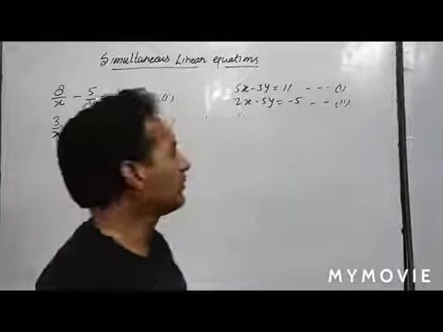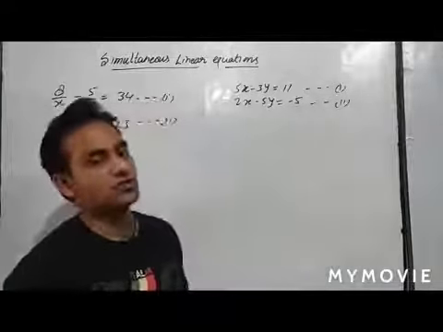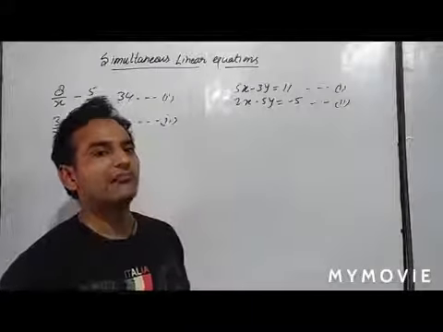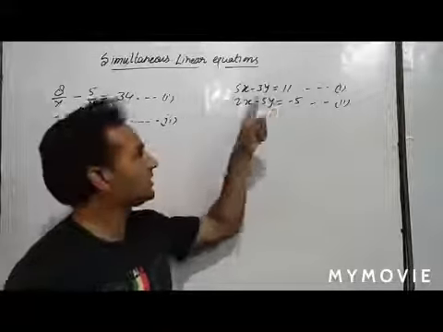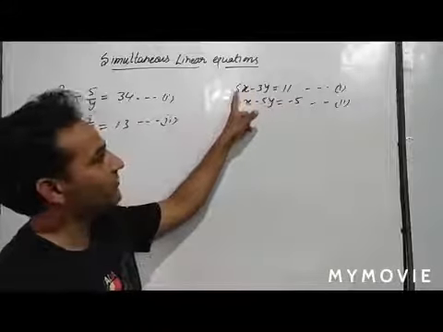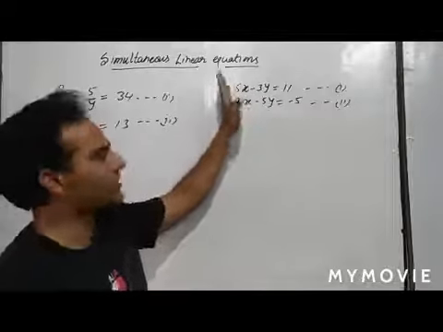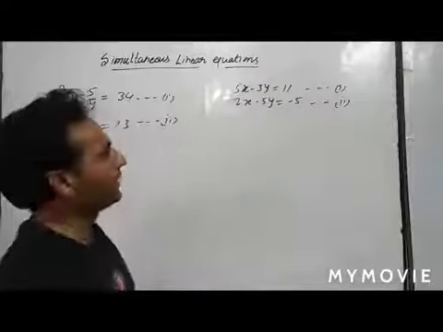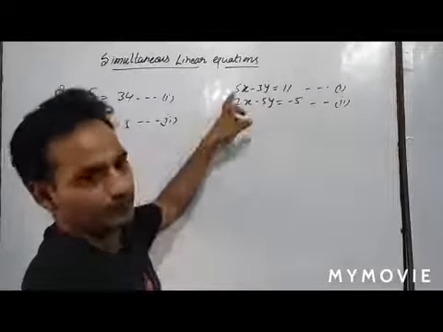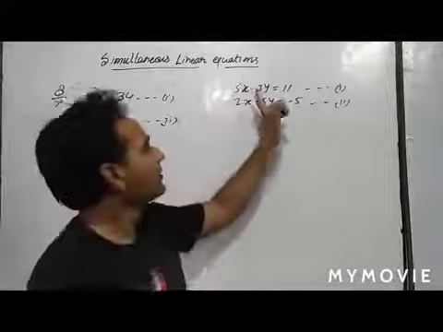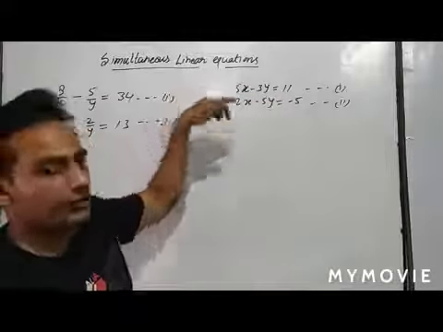Elimination method. See, what is the elimination method? As we can see, the name is elimination, so we have to eliminate any one term, x or y. So see, the coefficient of x we have is 5, and here we have coefficient of x is 2. So whether x or y, we have to make the variable coefficient same for x and for y. So here we have 5, here we have 2. So we will interchange for the multiplication.